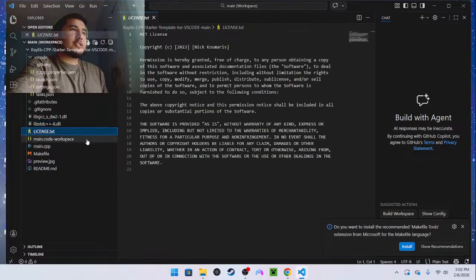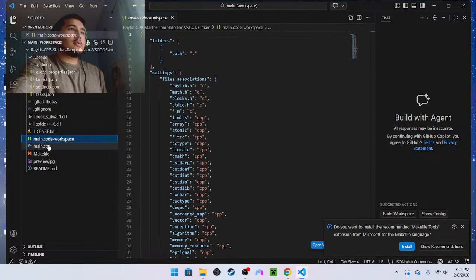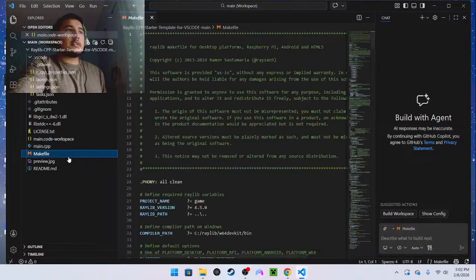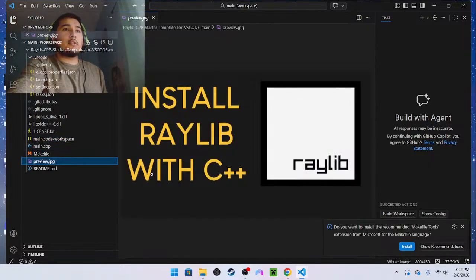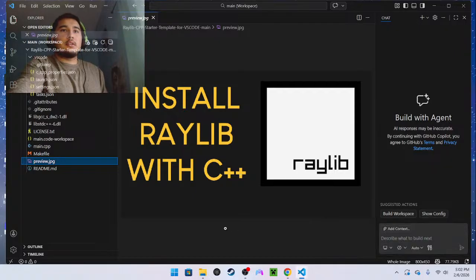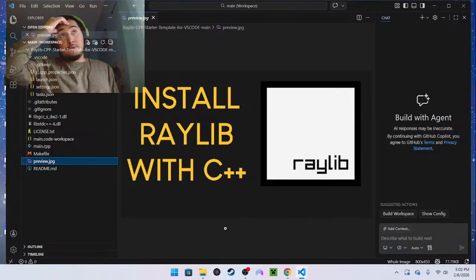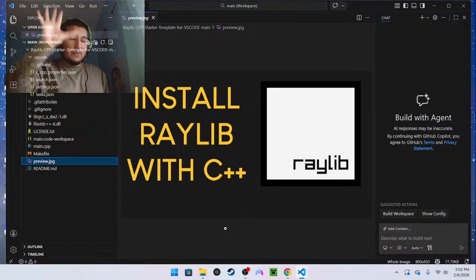Okay, main code-workspace. All will be explained, I guess, in time. Ooh, preview. Install Raylib. Oh man, that's something I never really learned how to do, like a cover screen.